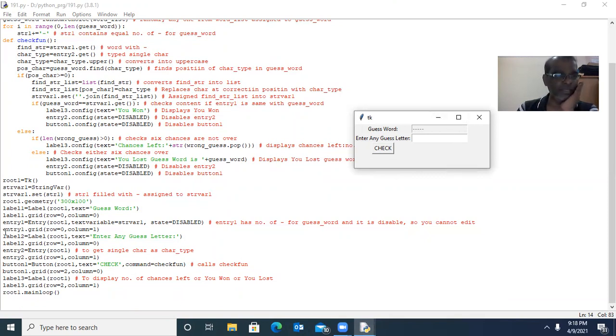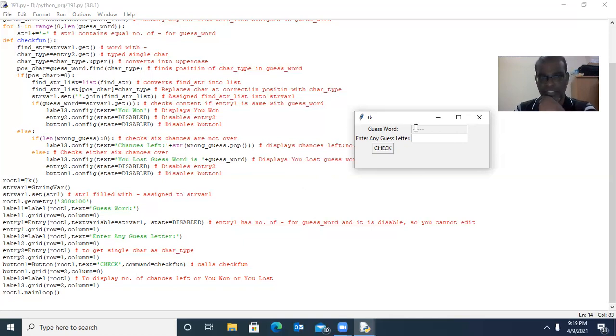Good. After that we are having one label 1, that is Label on root 1. Text is the guess word. This is the label 1. That is placed in row 0, 0th column. Afterwards, we are creating one entry 1. This is entry 1, so entry 1 over root, the top level window. Text variable equal to str var 1. Here str var 1 is a text that contains the number of hyphens equivalent to the guess word.